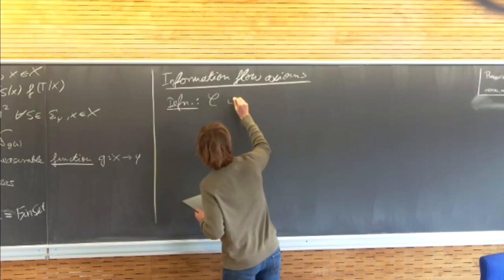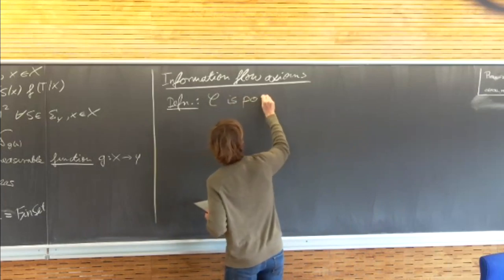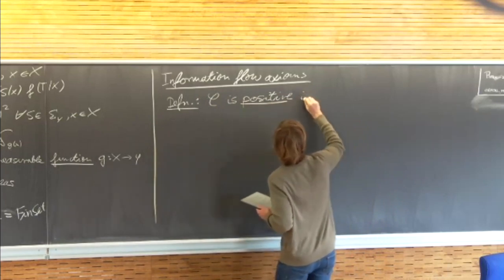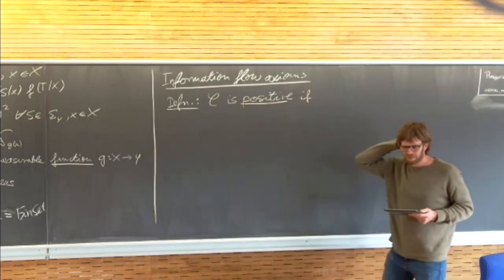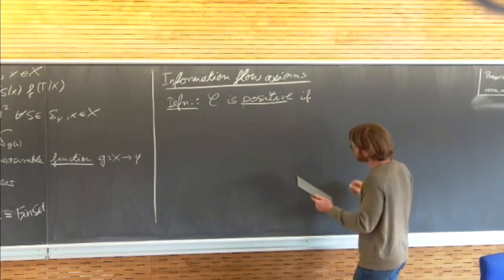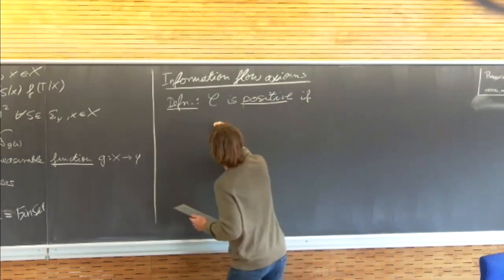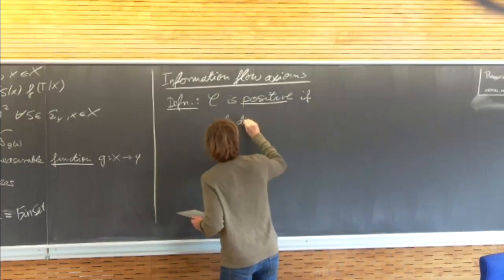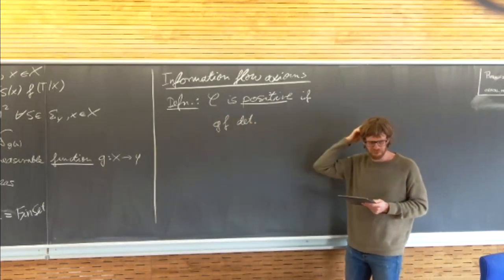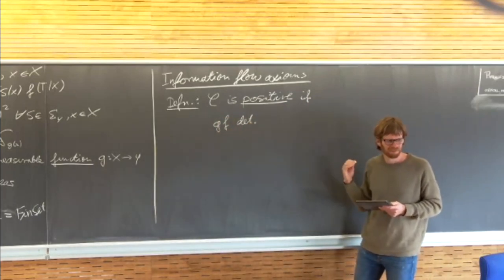So our Markov category C, we call it positive if whenever you have composable morphisms F and G such that the composition G composed F is deterministic,